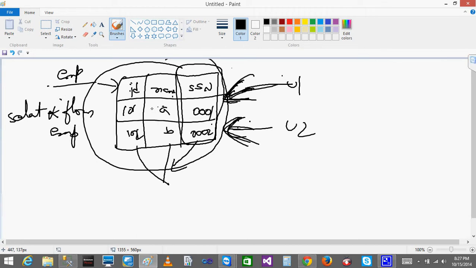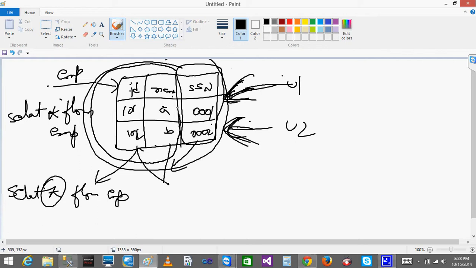If user 2 accesses the same table and writes select star from EMP, he will also get all the columns, but you want to restrict the columns. One thing we can do is create a virtual table that has only ID and name. Then when the user calls it, he will get only ID and name, not SSN.